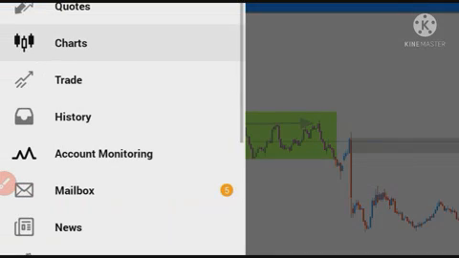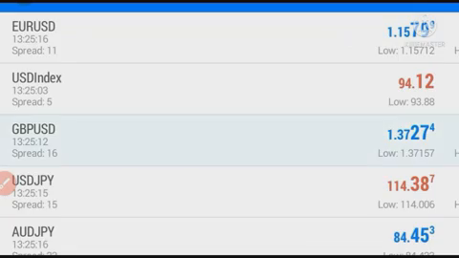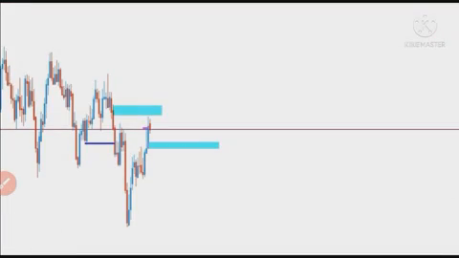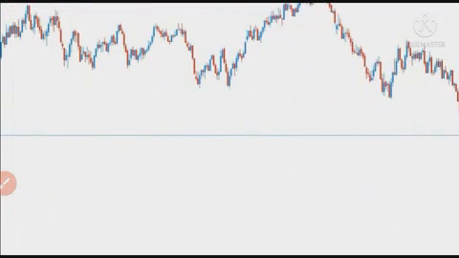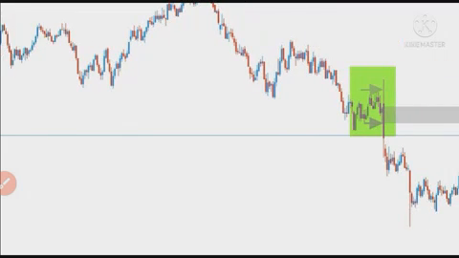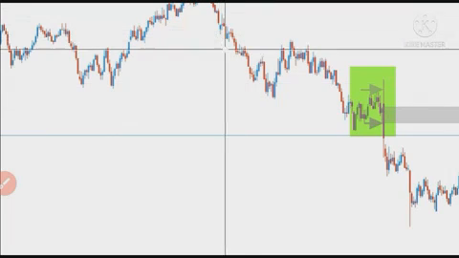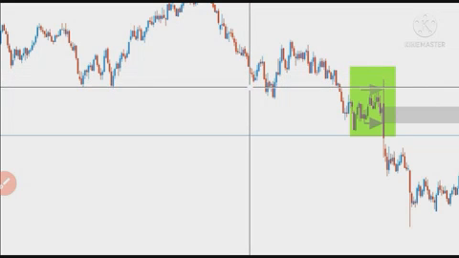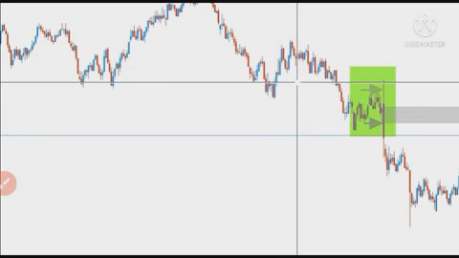Now, let's check for another example. Let's see GBPUSD. Now take a look at this. The same thing happened here. Price is coming up from up here, made a lower high, a lower low, lower high, lower low, lower high. Can you see that? That is what you want to see. You want to see structure.